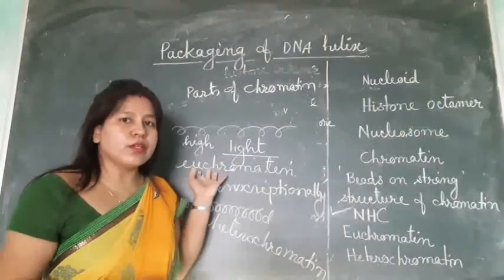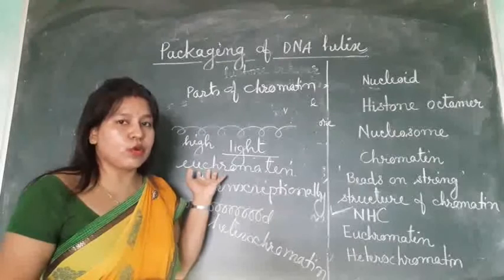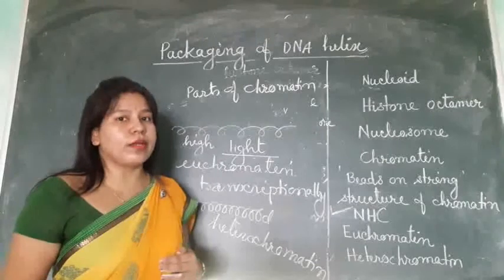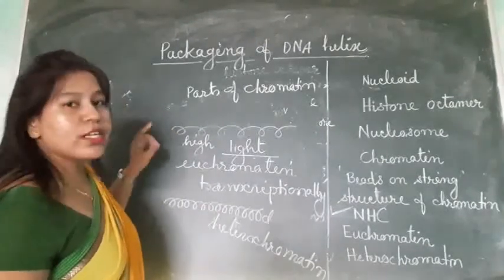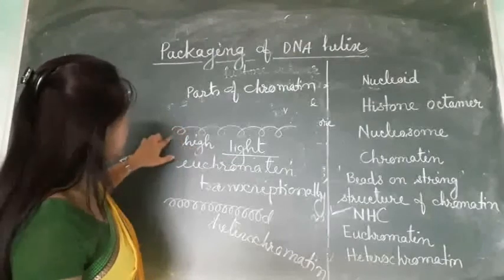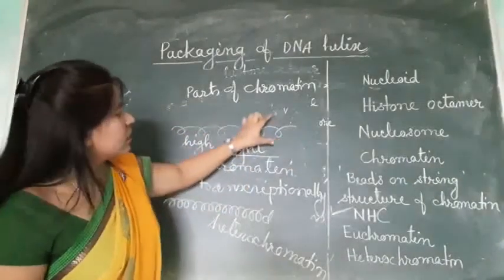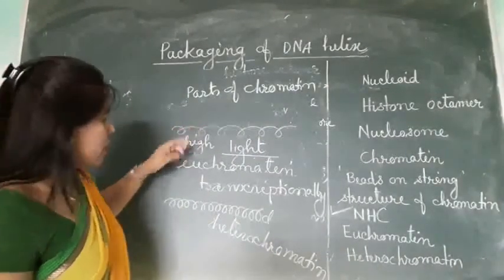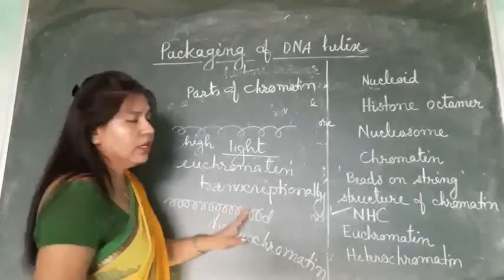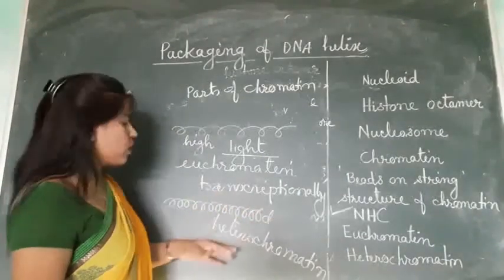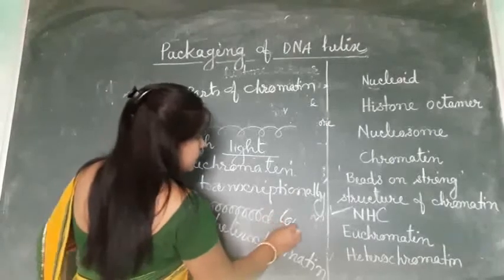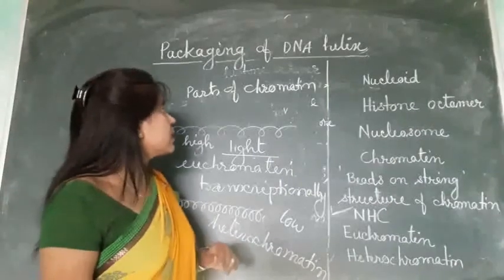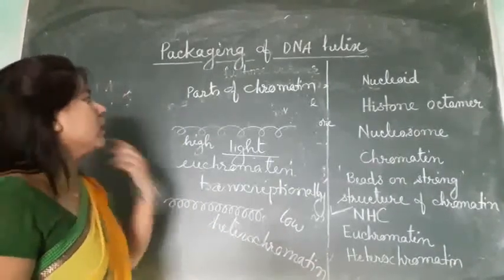When you studied cell division in your 11th standard, you found about crossing over. It means exchange of chromosomal segments between non-sister chromatids, right? And the frequency of crossing over is high in euchromatin, since this region of chromatin is loosely packed. Whereas heterochromatin is a densely packed region of chromatin, so the frequency of crossing over is low in heterochromatin. So these are the 4 pairs of differences between euchromatin and heterochromatin.